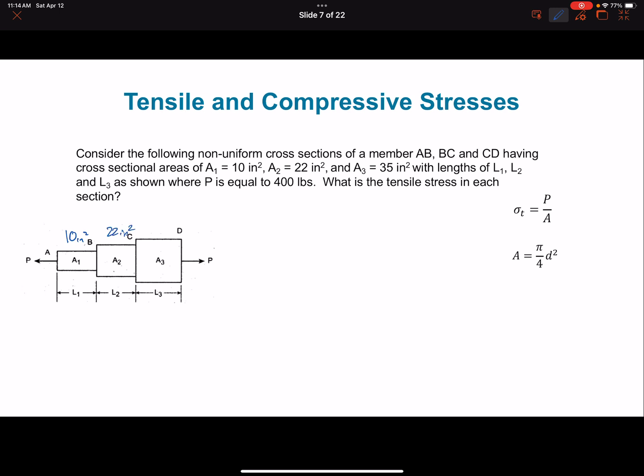and area 3 is 35 inches squared. So those are our three cross-sectional areas of our three shapes. And it wants to know, what is the tensile stress in each section? So to find the tensile stress in each section, essentially we're just going to take the P, the 400,